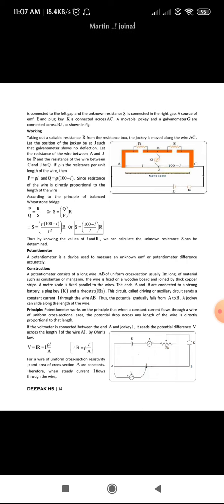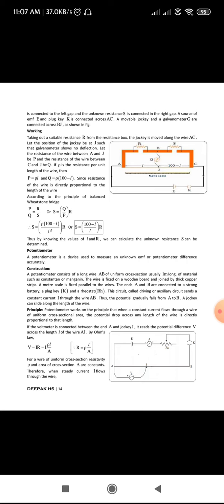So next, terminal A, as you know, has been connected to the positive terminal of the cell. From the negative terminal to the ammeter, ammeter to the rheostat. Again from terminal B to the jockey, to the upper end of the rheostat. From terminal A, it has been connected to the voltmeter, and the other end of the voltmeter, the negative terminal, has been connected to the jockey.